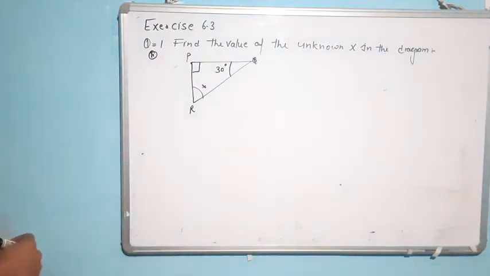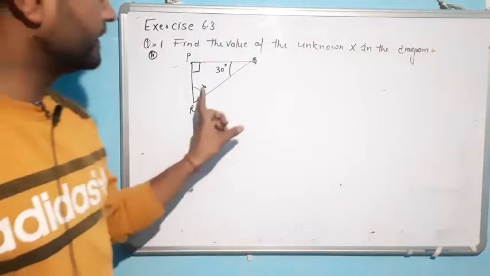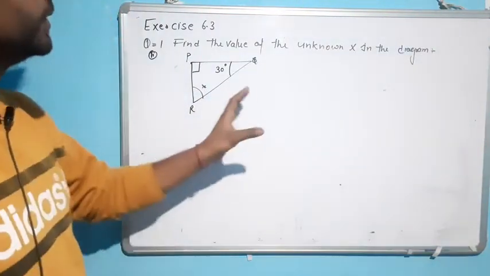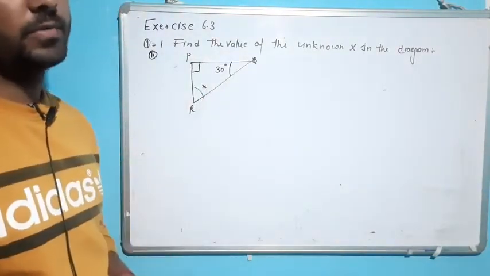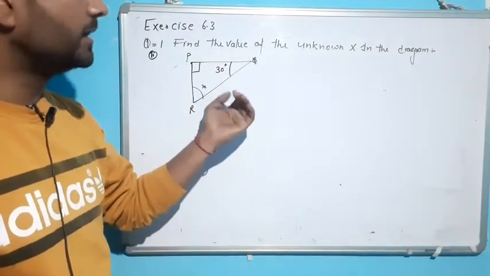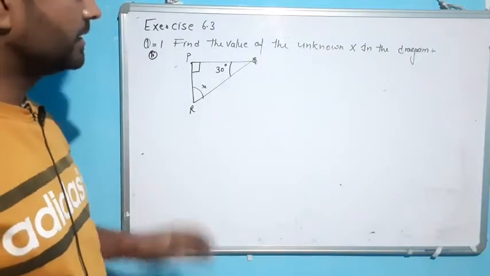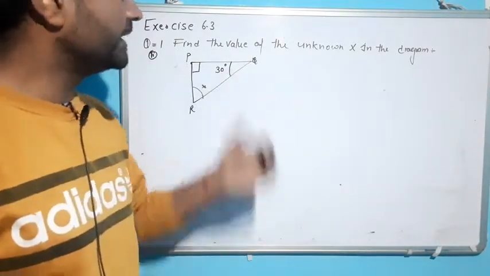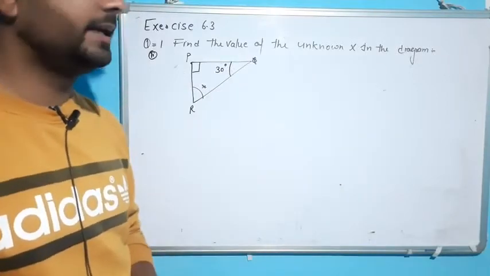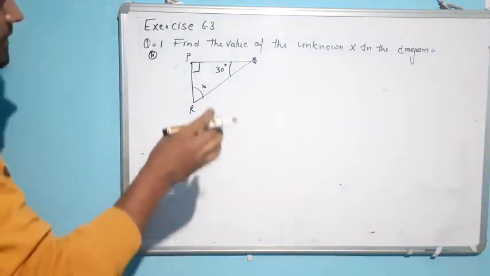Now here you have to find the value of x. And in the previous lecture, I had already told you how we can find the value of unknown x. There is a basic property behind it. And what is the property? When we add the 3 interior angles of a triangle, then the addition will come out 180 degree. So we apply that property here.